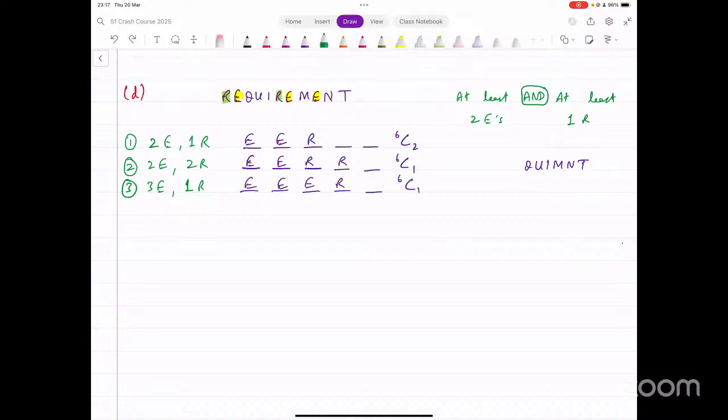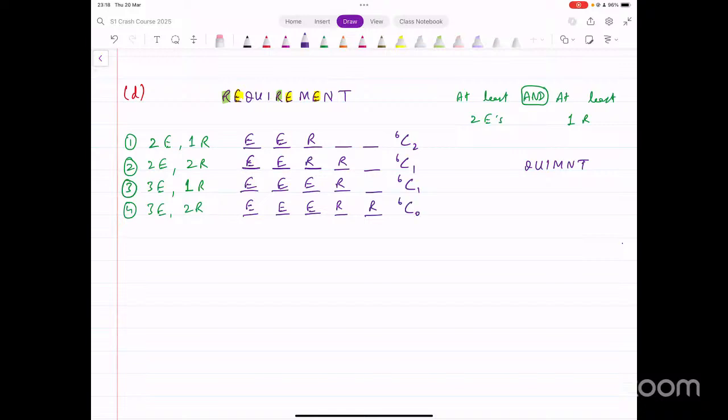Do we have another possibility? We could have 3 E's and 2 R's. That also satisfies the condition. So 1, 2, 3, 4, 5. We have E, E, E, R, R. There's no space left now. So out of the remaining 6, we have to select nothing,